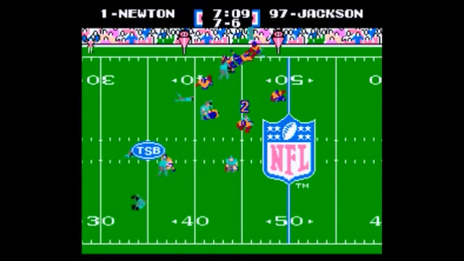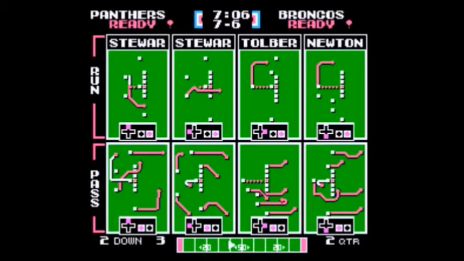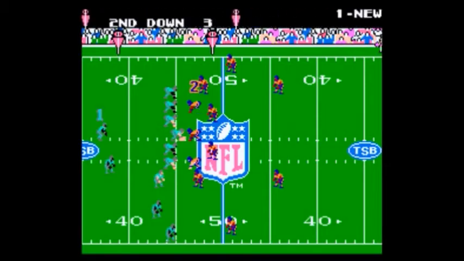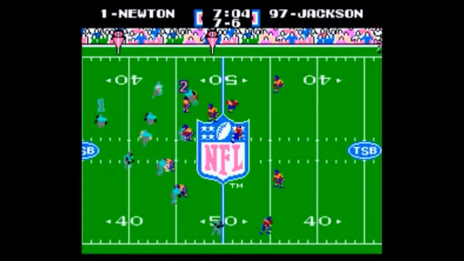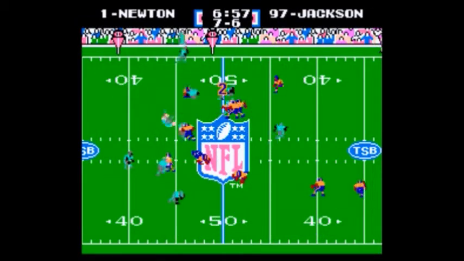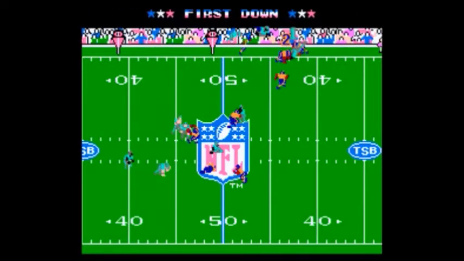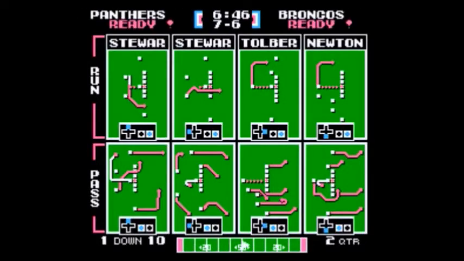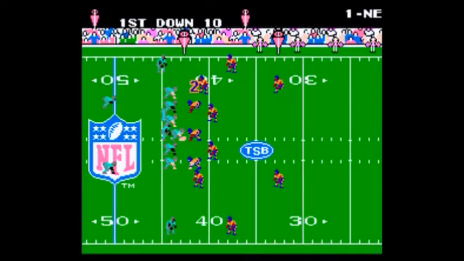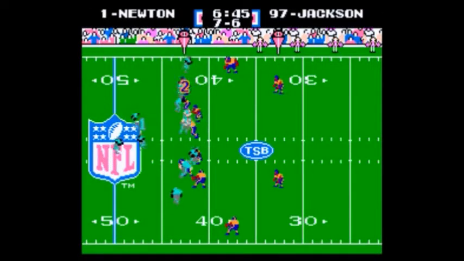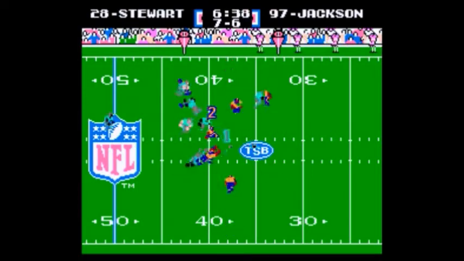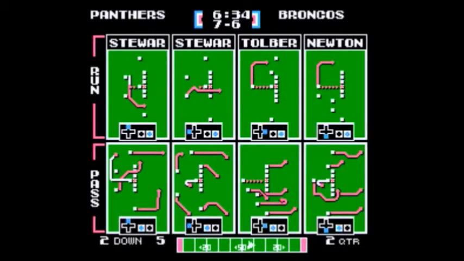Newton takes the direct snap again out of that interesting formation, and he's got a nice pickup on first down, second down 3. Unveiling some new tricks here in the Super Bowl, and looks like they're going right back to it. So if it's working, why stop? And he's going to get the first down and much more there. So, like they used to say in The Waterboy, last game of the season, can't hold anything back. Exactly. And looks like Carolina, again, though, is moving the ball at will.